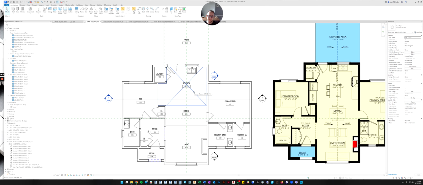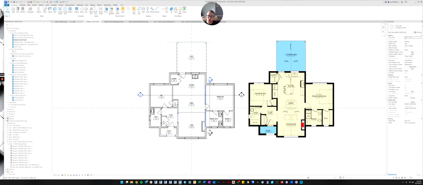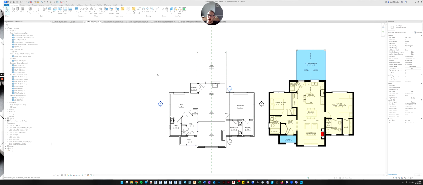And so you have to turn them on, do what you're going to do, change the model around, and then remember to shut them back off. Because if you forget to shut them off, they'll be showing up on your sheets when you print them. So I don't like to think about that. When I'm trying to model or edit the model, I create myself what's called a working floor plan so that I can turn stuff on and off however I want it, and it doesn't affect the sheets.